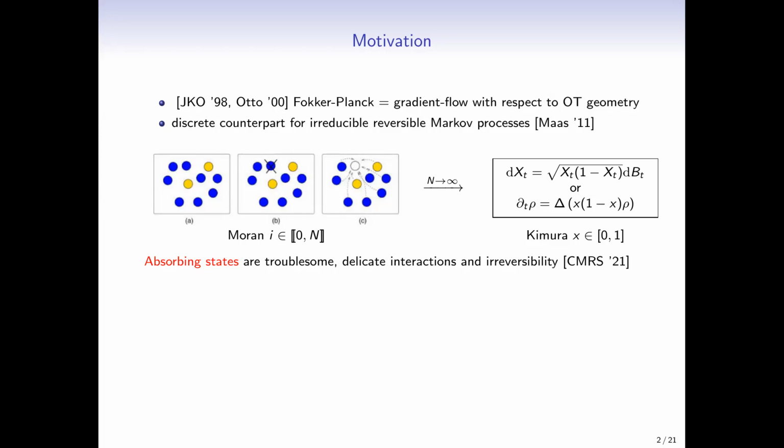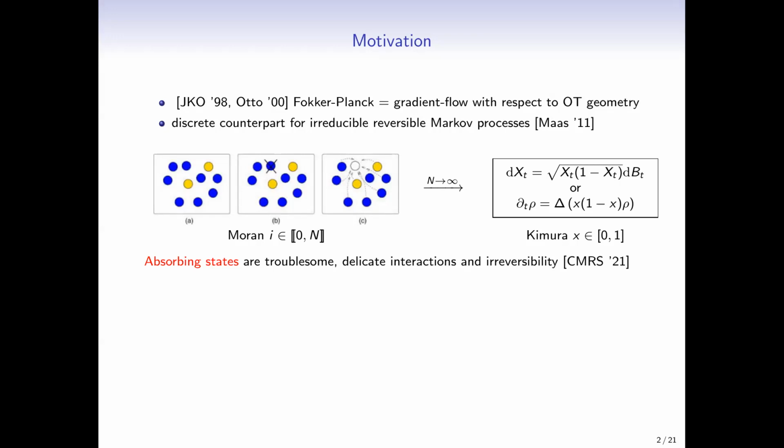And the process goes as follows. At each iteration, you pick one individual at random, with a uniform distribution, and you kill it. This is this barred blue guy, so you kill it. And then you replace it. You enforce some kind of reproduction law, but the way you select an individual of type A or type B to be reproduced depends on the current composition of the system. More precisely, you sample for reproduction according to a binomial distribution whose parameter p is given by the current